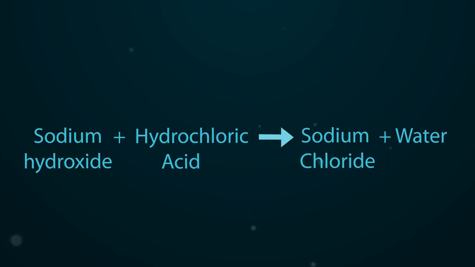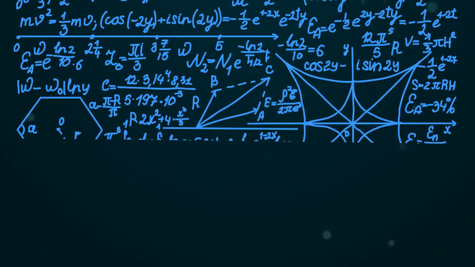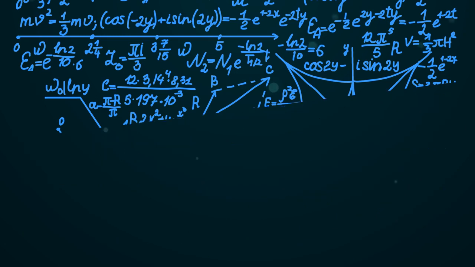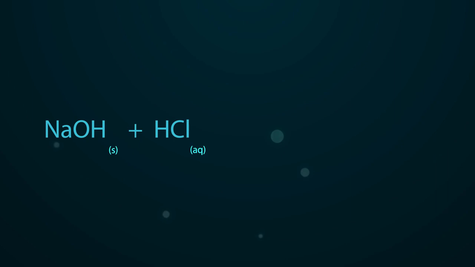A word equation provides a good summary, but a symbol equation provides more information. It shows more detail and allows us to see how many atoms and molecules are involved in each reaction. So if we look at the neutralisation equation again, the symbol equation is written NaOH plus HCl as the reactants, then an arrow to indicate the irreversible reaction, which gives NaCl plus H2O as